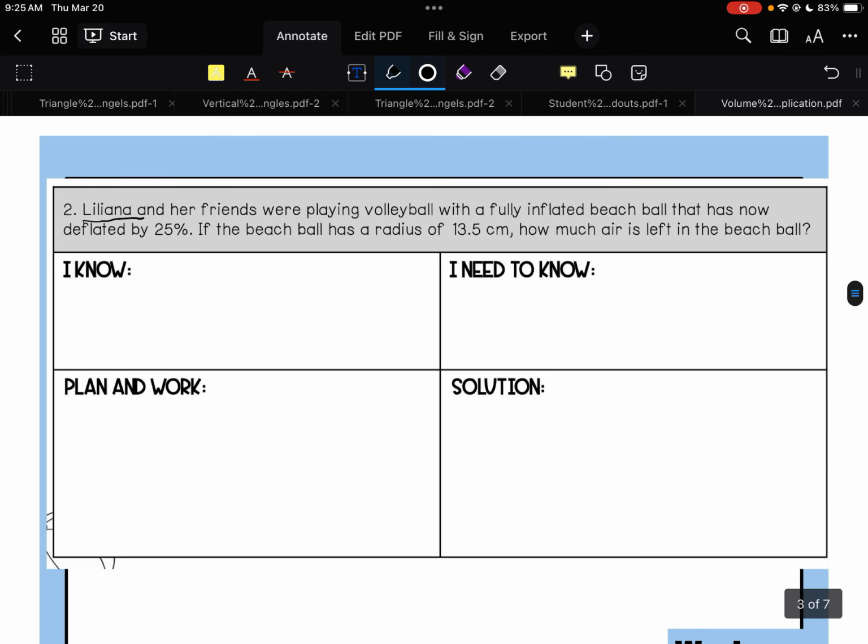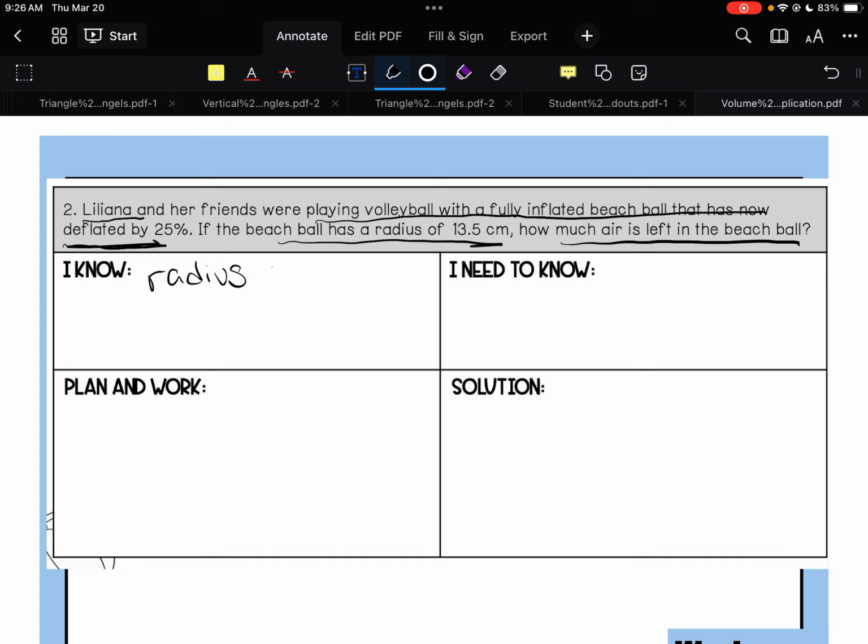Lillian and her friends were playing with a fully inflated volleyball that is now deflated by 25%. If the beach ball has a radius of 13.5 centimeters, how much air is left in the beach ball? So we know that the radius of the beach ball is 13.5 centimeters, and we know that it is 75%